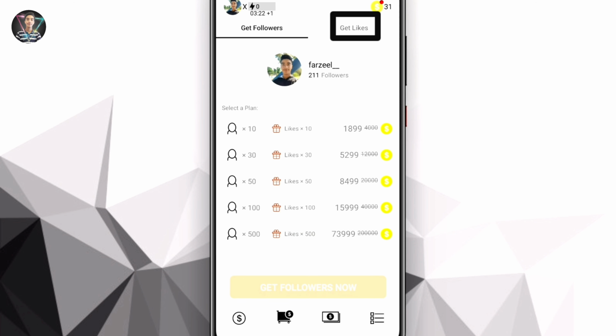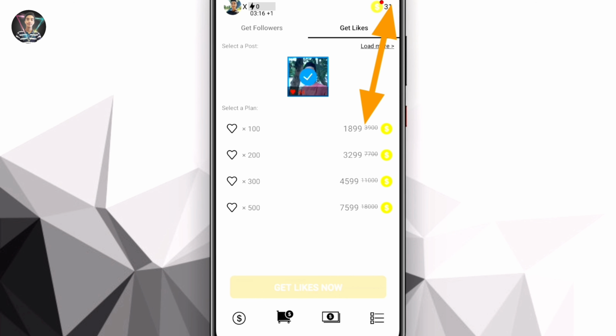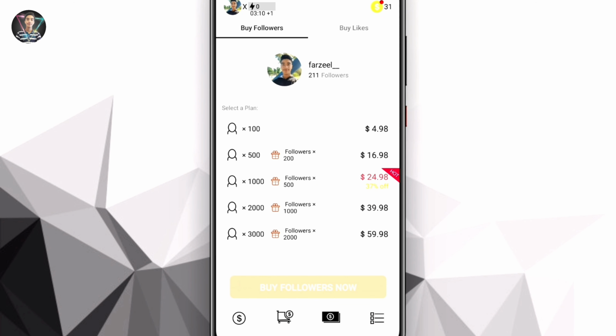Now click this get likes button, but we don't have enough coins to get likes, so we will just follow up with the first order. Now click this third tab. Here if you want you can also buy them, but you can also use the free tools. Now click the last tab, and here you can track the followers and likes progress. So now let's open the Instagram app and check if we received the followers already. Yes, the followers are sent instantly and we also gained free likes on our latest post.